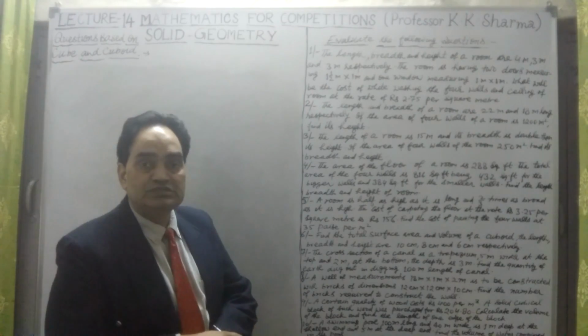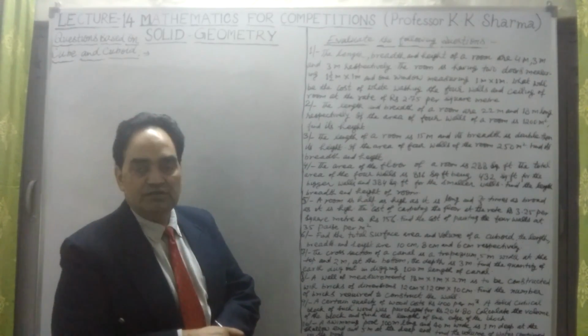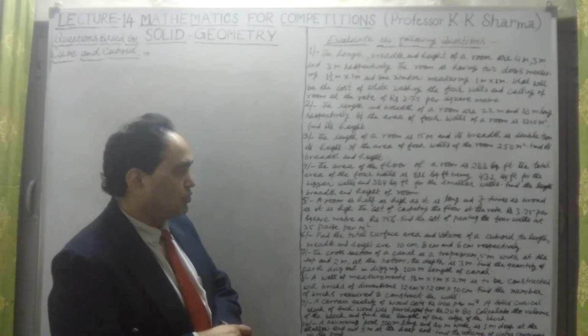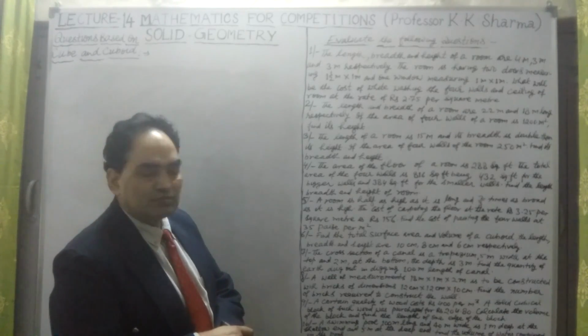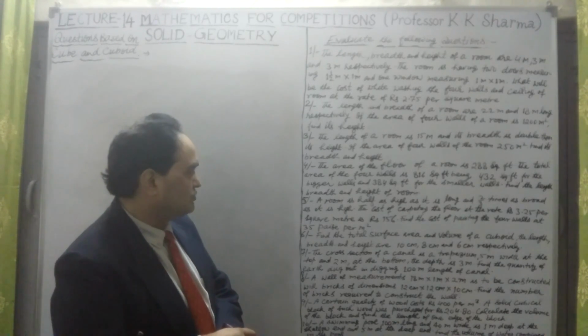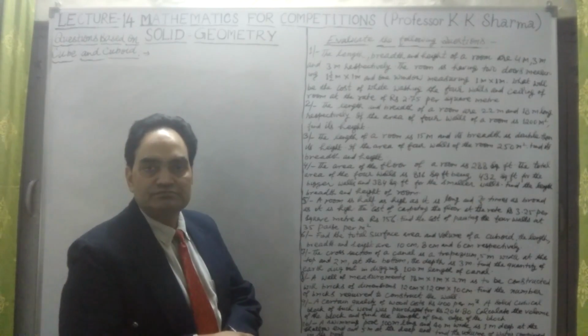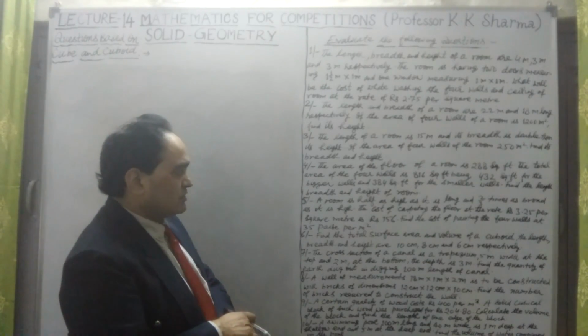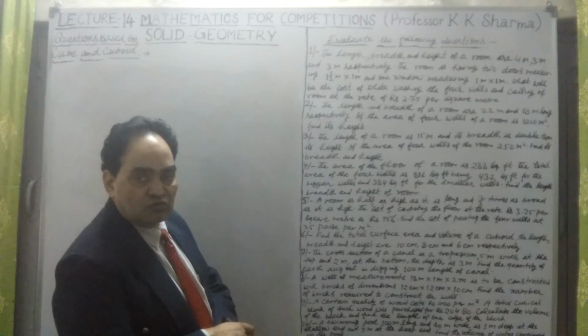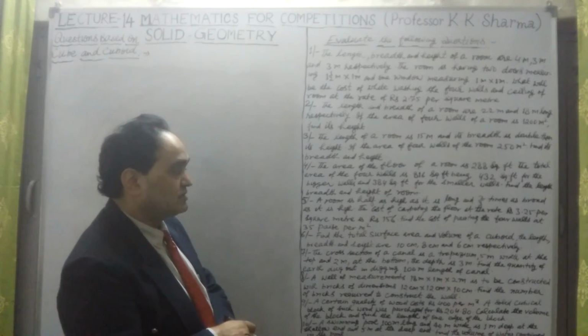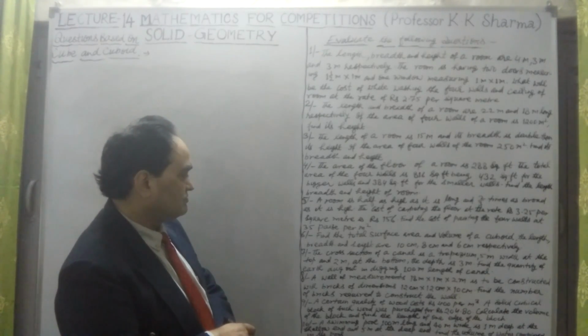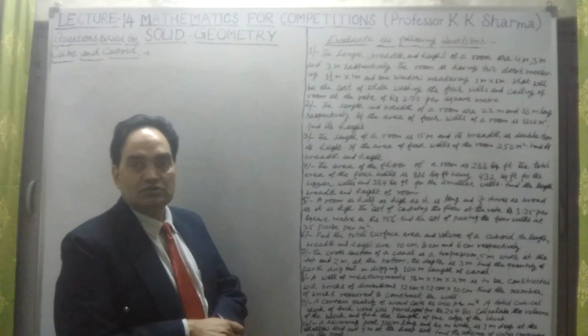Now we say a room is half as high as it is long, and 2 upon 3 times as broad as it is high. The cost of carpeting the floor at the rate of rupees 325 per square meter is rupees